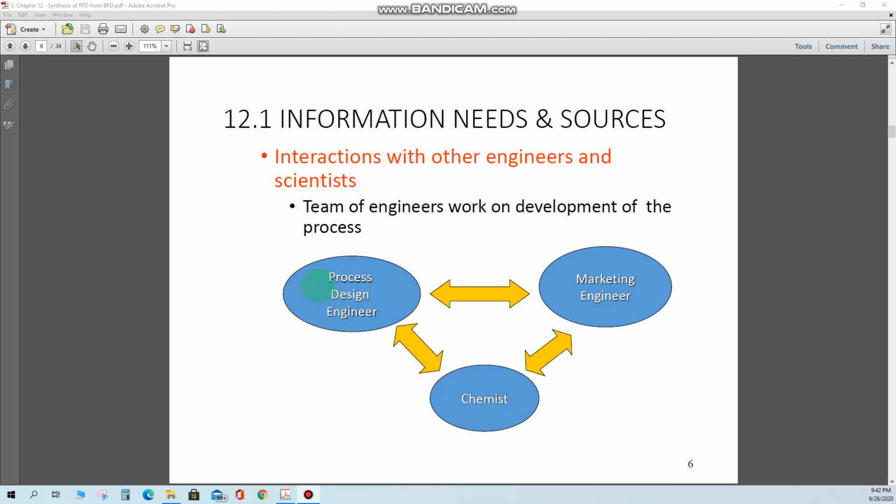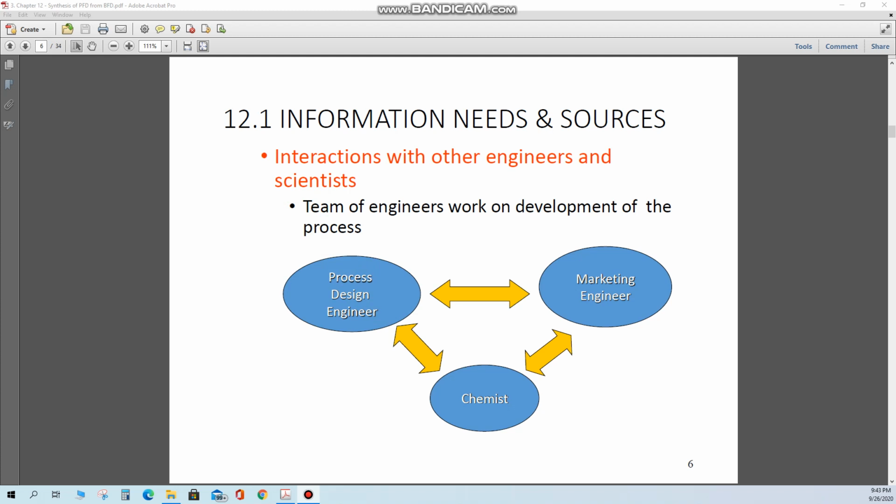He has to see, at which recycle structure, what could be the maximum purity of the products that can be achieved, and how much of the feedstock is being wasted or vented into the atmosphere. Then he has to control the quality of the products, and the main aim is to avoid the formation of byproducts. So all of these roles lie in the domain of the process design engineer.